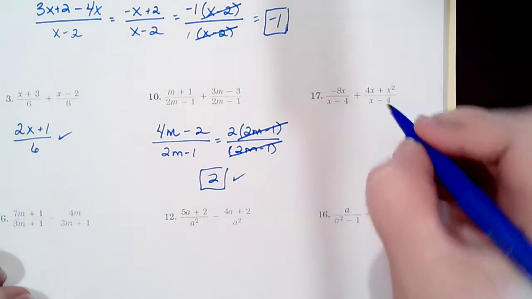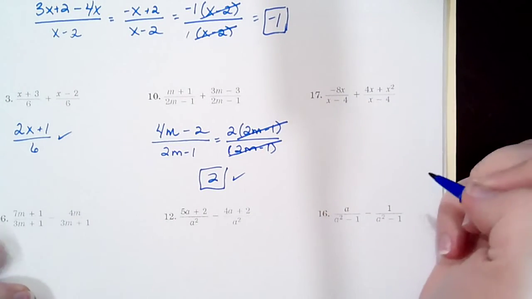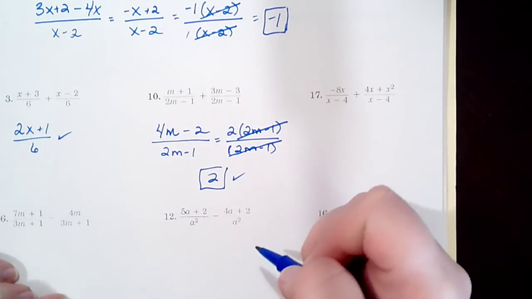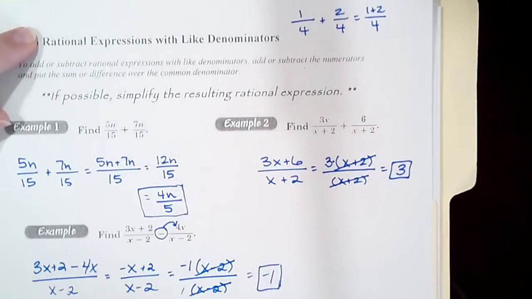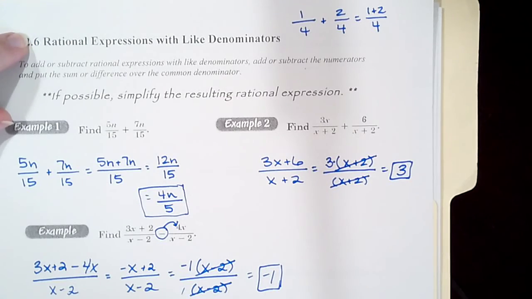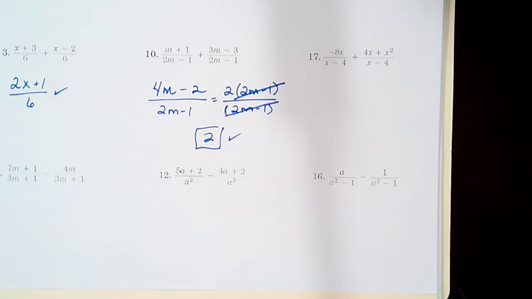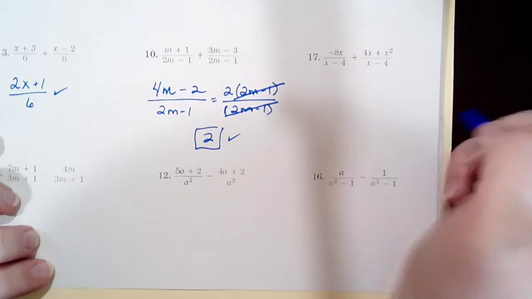Another addition problem, both over x minus 4, so I don't have to worry about the denominator yet. In fact, I'll tell you, because this is the rational expressions with like denominators, I won't have to check on this entire worksheet, but I will have to check on the next one, because we start with non-like denominators. That's going to be fun. Anyway,